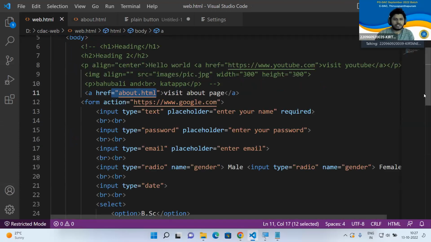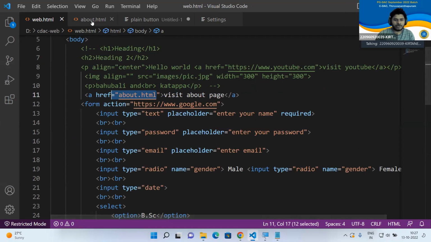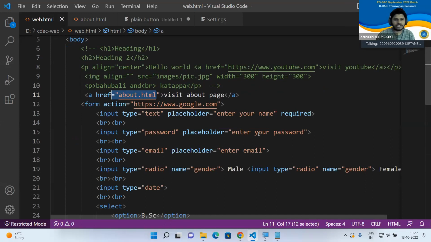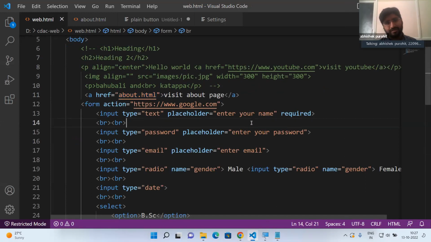Sir, in the same page, can we use multiple forms? Yes, you can use multiple forms. And we can redirect from one form to another form. Yes, you can do that, like using previous and next buttons. Yes, you can do this also. But